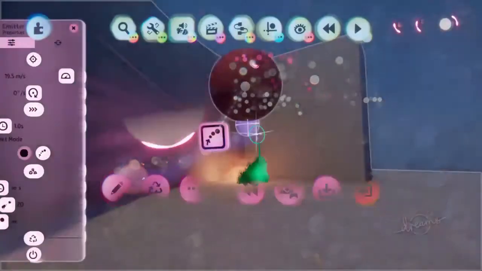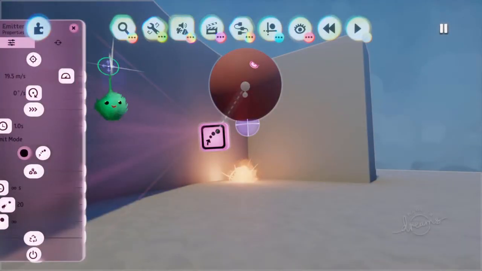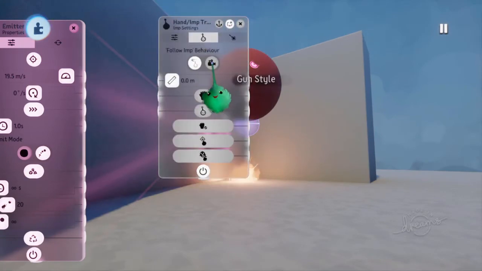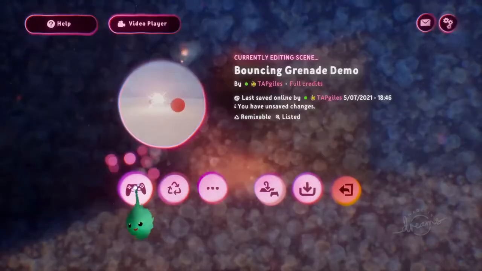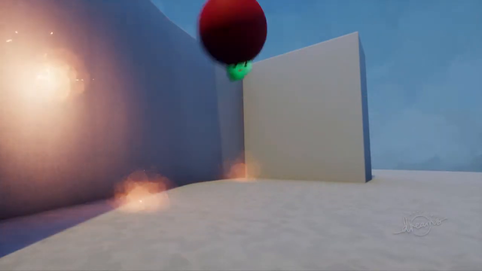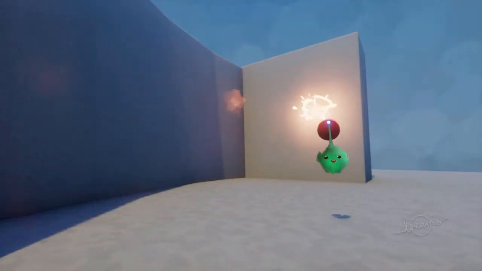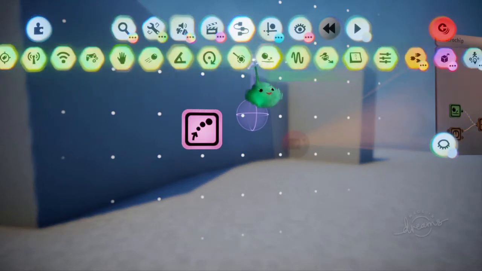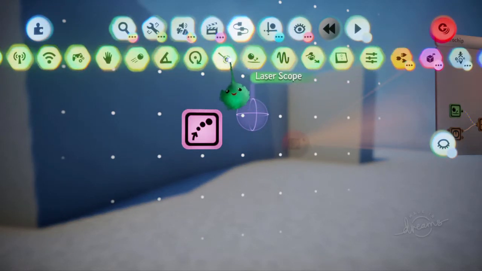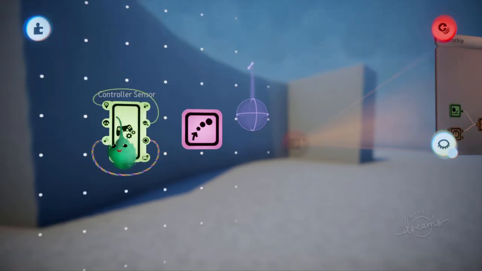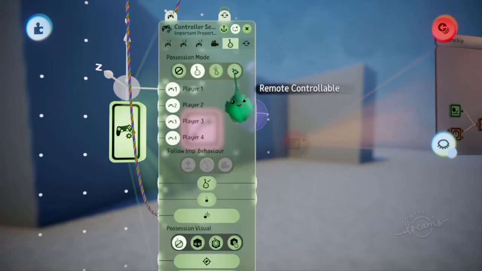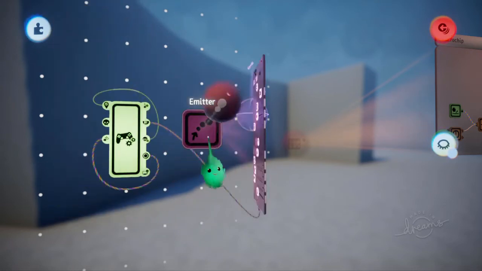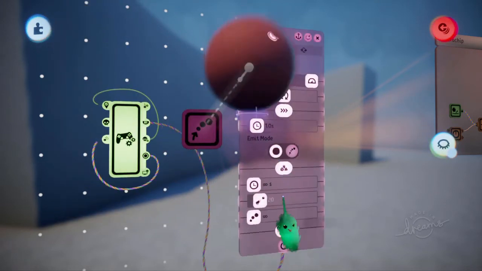but it's kind of got a funny angle. When we point over there, we want it to launch in that direction. So if you tweak the imp tracker, you can put it into gun style mode, which will aim it a bit more sensibly. And then I'll have a controller sensor, so I can just press R1 or something to have it emit. So we've got the control sensor in remote controllable mode, and then R1 will power it,